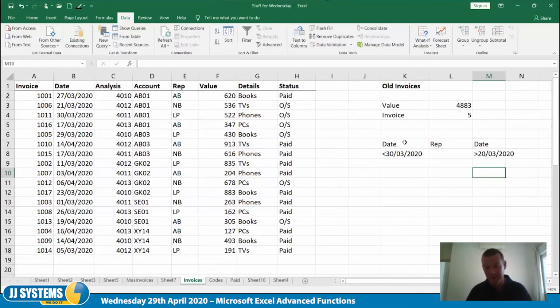So if you have it in a list, you're basically saying this criteria or this criteria or this criteria. So you end up with loads of different answers. If you do it going across, and so I've got date and date, it's saying and. So it's saying it has to be less than this and it has to be more than this, right. Yeah. And so if I wanted 2 reps and I put 2 reps there, it would give me